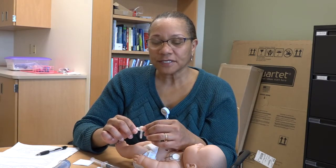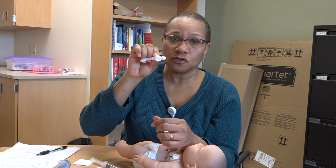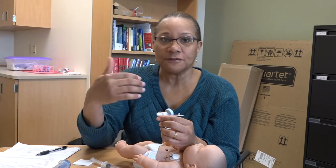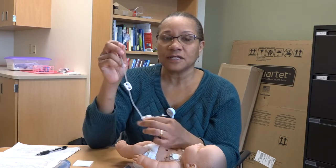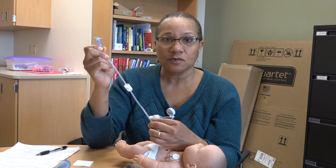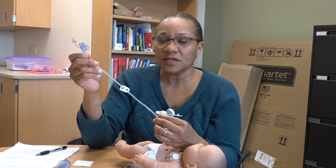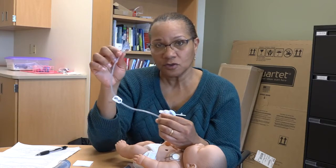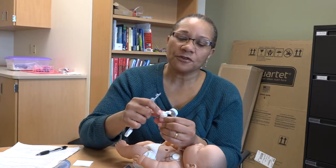Okay, so now we're going to talk about the best way to clean and care for the actual G-tube itself. So the most important thing is to flush it after every feeding. Every time you put medication down it, anytime you use the tube, it is important that this feeding extension tubing is flushed with at least 5 milliliters of water, somewhere between 3 and 5. Basically, whatever amount of fluid it takes to clear this tube is the amount of fluid that you want to use. So after your feeding is complete,